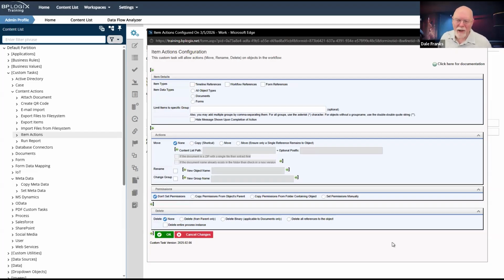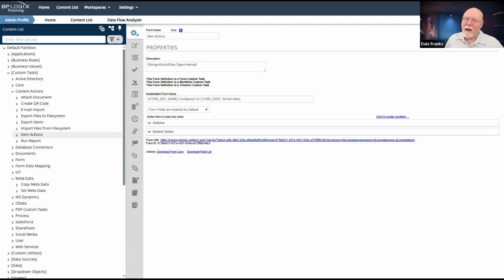So even if it's something like item actions, which can run from anywhere, if it's going to be invoked by a user activity, it's got to go on the form. That implies that if it doesn't need to be invoked by a user activity, you should throw it on the process timeline. That's not entirely true, but that is one good guideline. If a user has to do something for it to happen, it should happen on the form, and it should happen when the user does the thing. There are some edge cases, right?